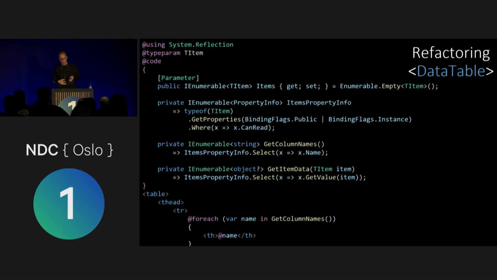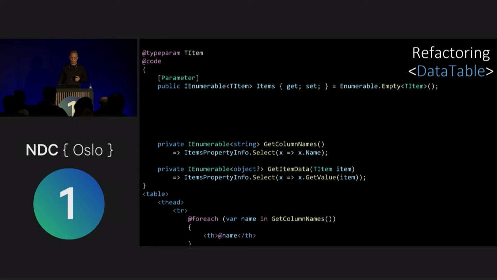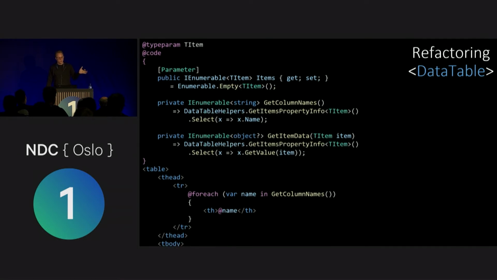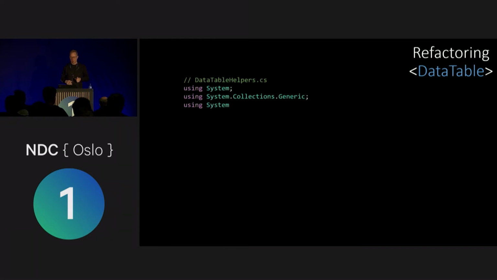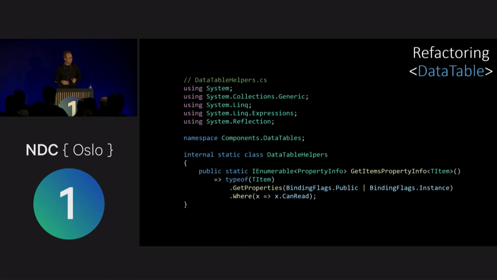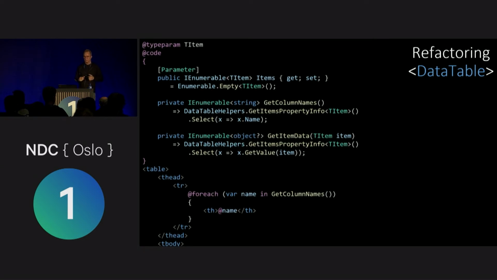So I guess the first step would be to remove this items property info helper property we have here and pull that out into a separate class, because we're going to reuse that across different classes. Well, our code looks like this now, and I'm not cheating, so it's here now, and it looks like this. So this is the get items property info. It's a method now, but basically the same thing. And if we jump back here, the next step would be to